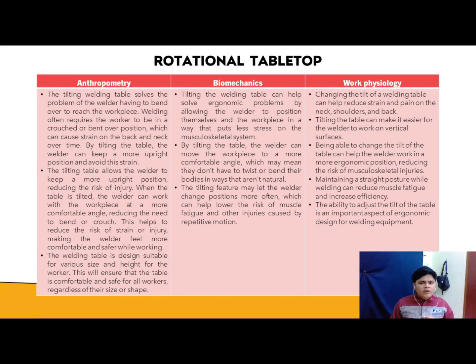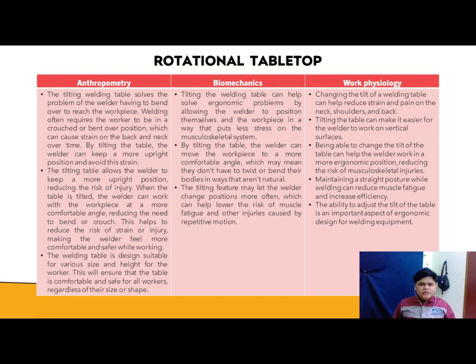Next, for our second solution, which is rotational tabletop, the relationship of rotational tabletop and anthropometry concept is that the tilting table allows the welder to keep a more upright position, reducing the risk of injury when the table is tilted. The welder can work with the workpiece at a more comfortable angle, reducing the need to bend or crouch. This helps to reduce the risk of strain or injury, making the welder feel more comfortable